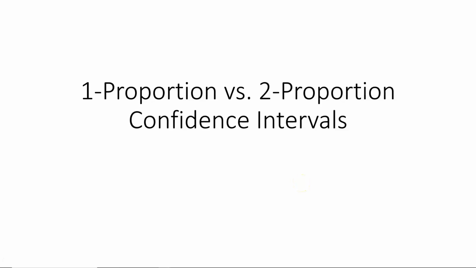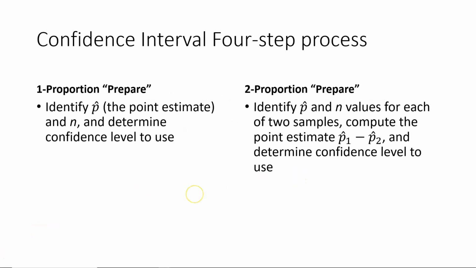Now that we've completed looking at how to construct two proportion confidence intervals, I thought it might be useful to compare what we've seen in two proportion confidence intervals with what we also looked at back in Chapter 5 for constructing a confidence interval for a single proportion problem. So in comparing how we constructed a confidence interval for two proportions in section 6.2 with how we did that